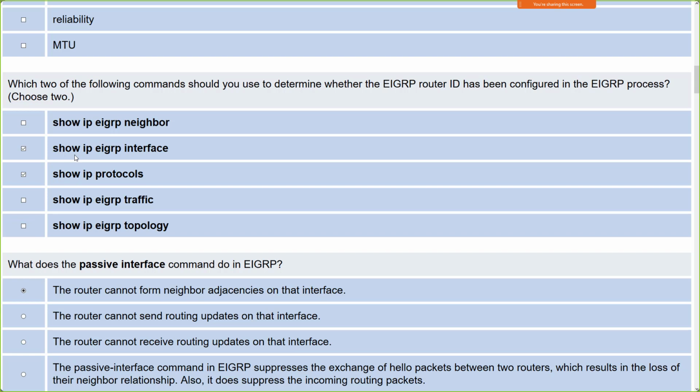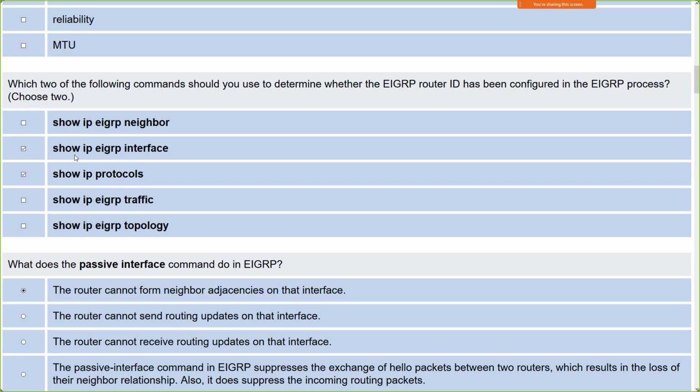And I'm not talking about the networks that I'm learning from other peers. Even connected routes would show up in the topology database if those interfaces were running EIGRP. But if you do a show IP EIGRP topology, the very first line that it provides you is the topology table for your AS number. Correct. And router ID. It will tell you what the router ID is, but it doesn't tell you how it's set. See what I'm saying? The question says,